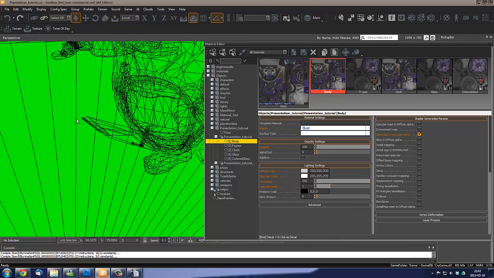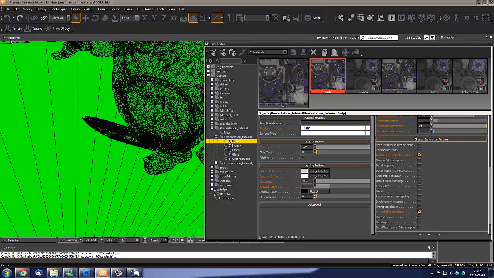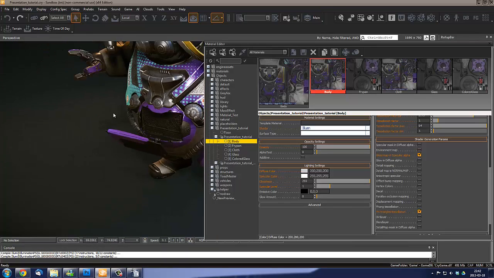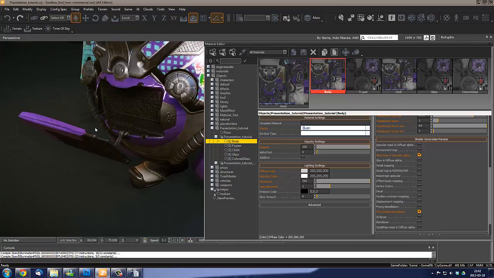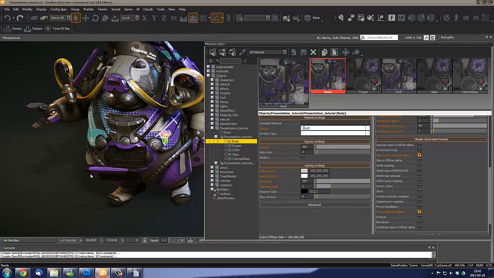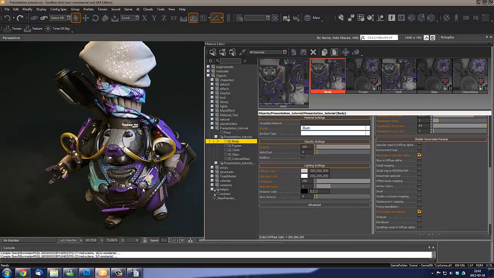And obviously, if you want to use the tessellation, you should avoid this kind of polygon, the really long polygon like this, because you can have some little artifacts. You see that now my mesh is a little bit wavy. It's because of the normal map that is not uniform on this polygon, so that's why I got something like that. Alright,